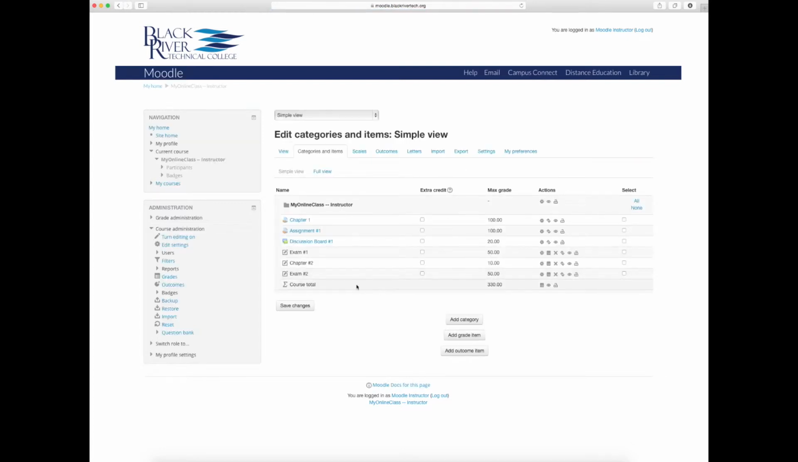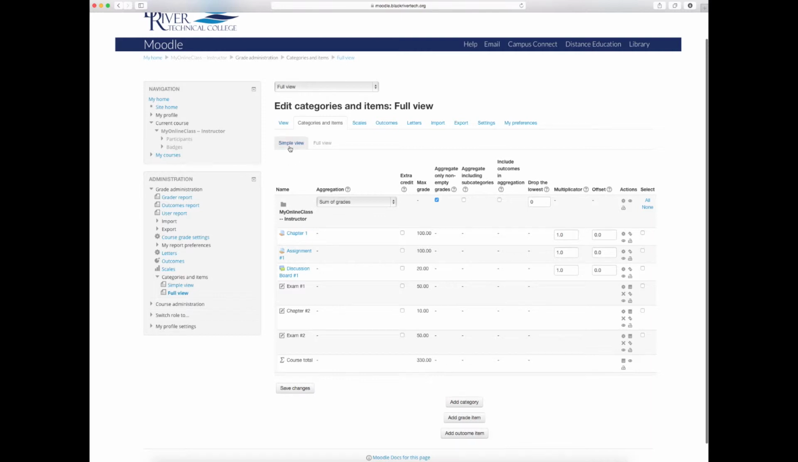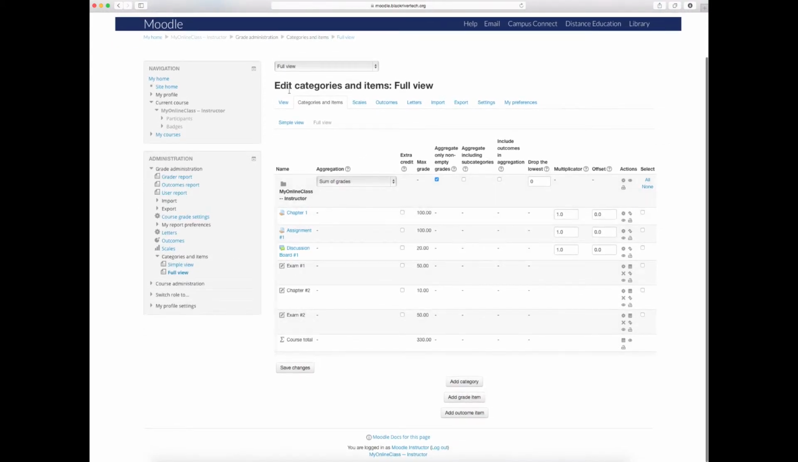And down here you'll see your course total is 330, and all it did was add up all the max grade items. And so when we go to full view, here it looks pretty much similar to simple view because we're in sum of grades, and what that will do, it will just add up all of these, and then whatever the student has, it'll add up all of those, and they'll just have to divide that number by the 330 to get their grade within the course. So if we go back to view,